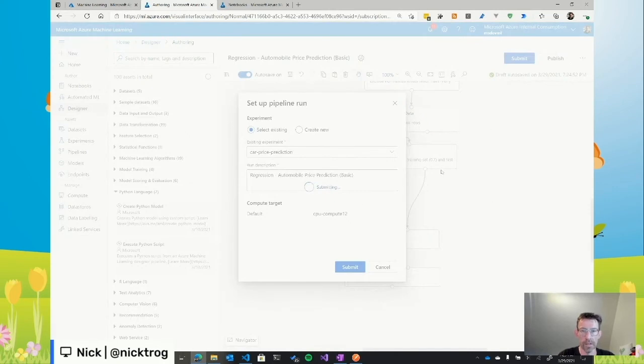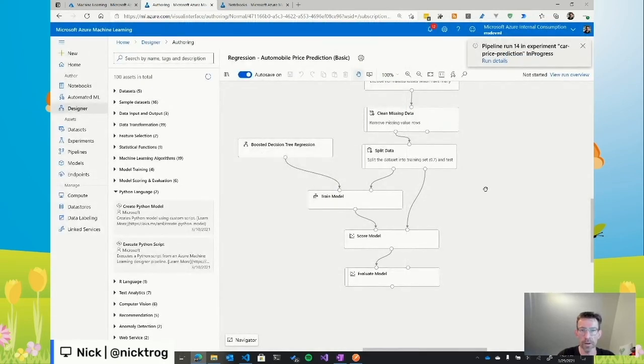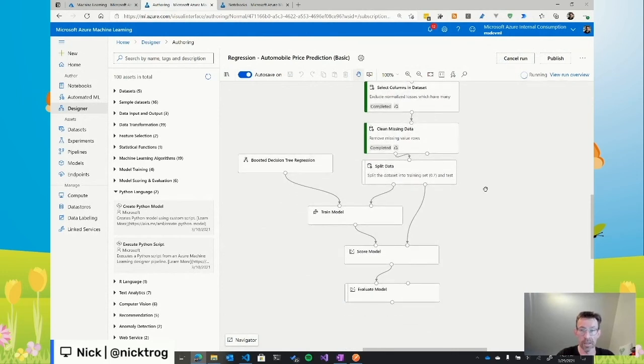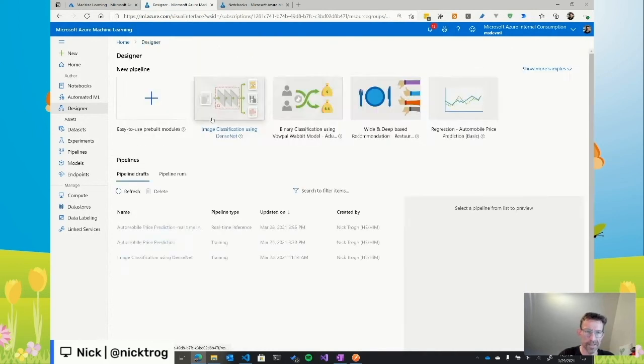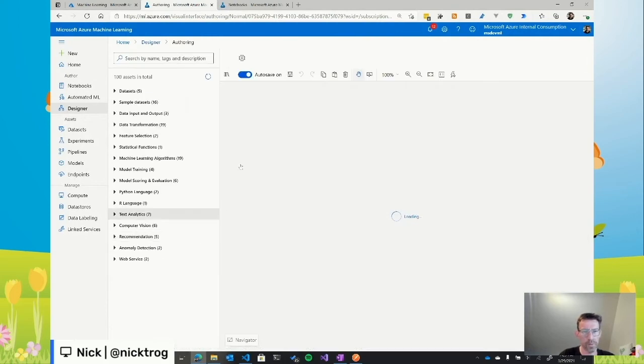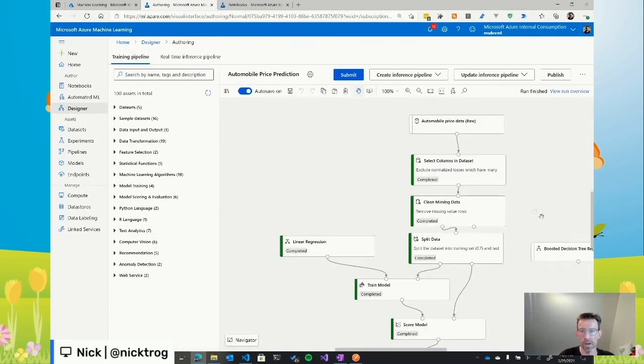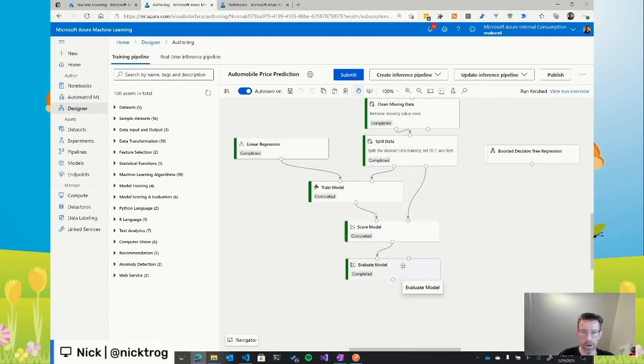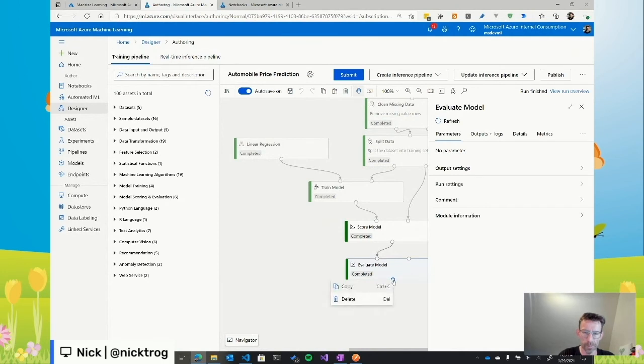And what will happen is this specific pipeline will now be submitted to our training cluster, and it will go and execute this machine learning pipeline, and it will give us a trained model once it has finished training. So again, this takes a little bit of time. And so what I've done again here is I've created one already before. So when we go to automobile price prediction, what you see here is, when we look at, for example, our evaluate model,